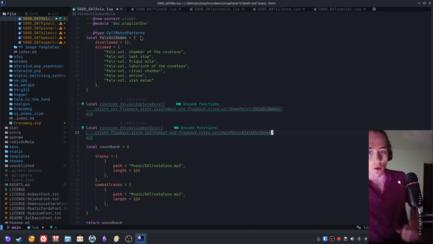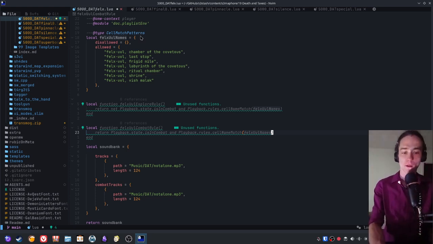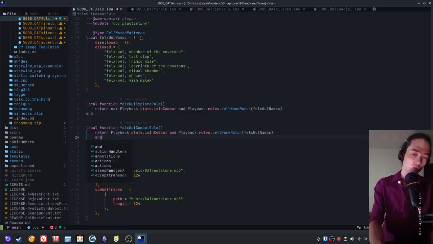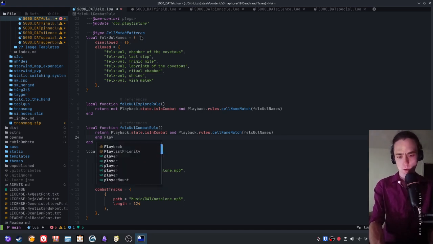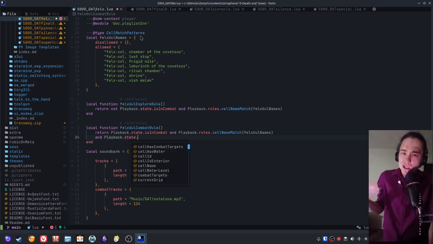All you really need to know is that the playback table exists. And if you can remember that much, seriously, that will get you through the entire process. For example, let's say that I wanted to know if the player was underwater. We're going to have an underwater playlist. So I'm going to do playback.state, which is where anything that you might want to know about in the world